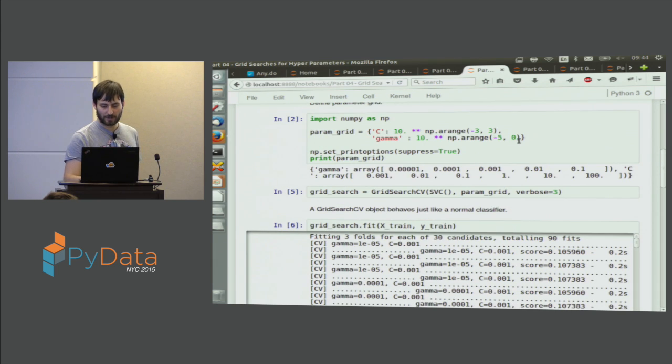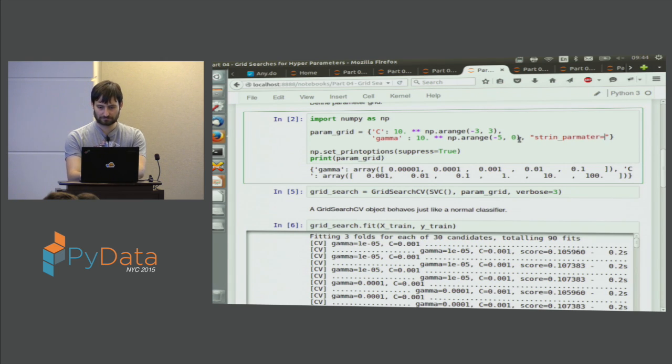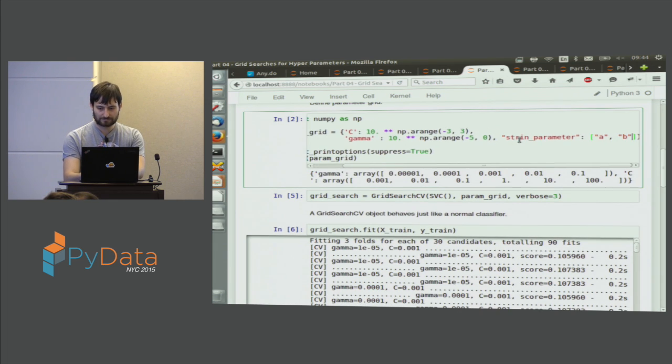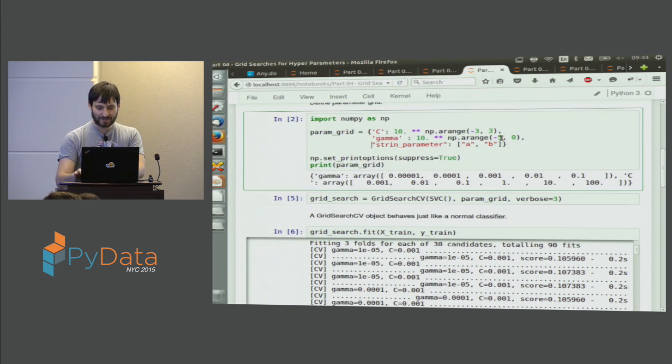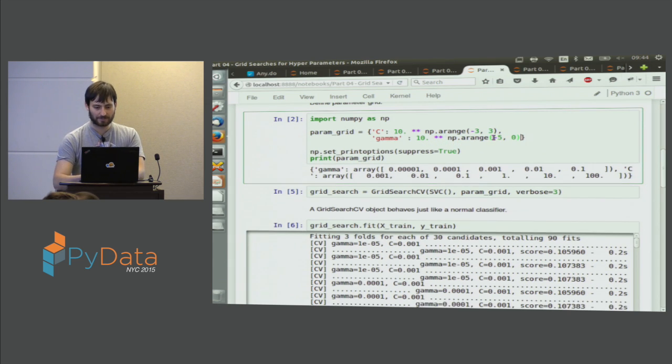Well, if you have a string parameter, you can just do this. If you have conditional parameters, so let's say you want to search over a linear and the RBF kernel, one thing you could do is you can pass a list of dicts. So you can do something like